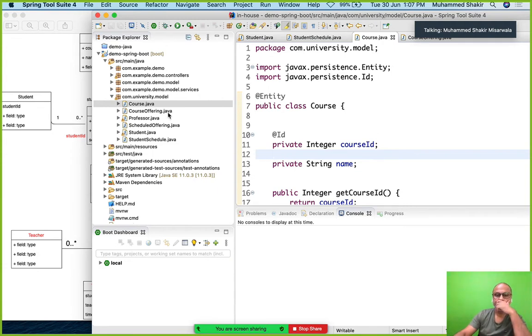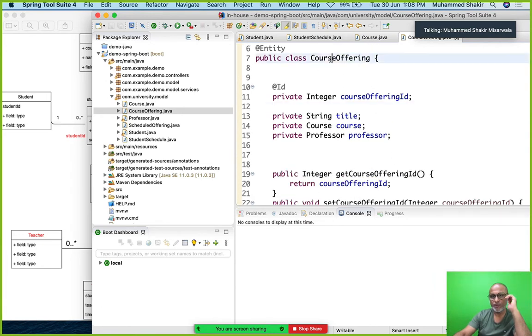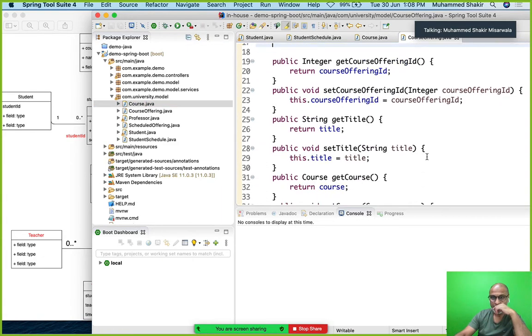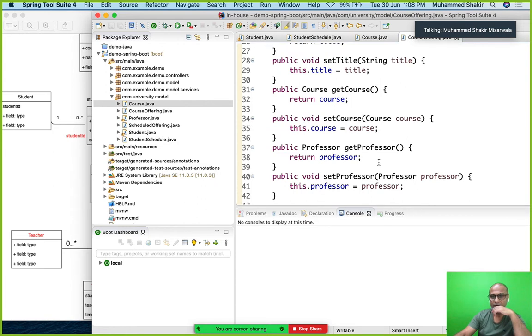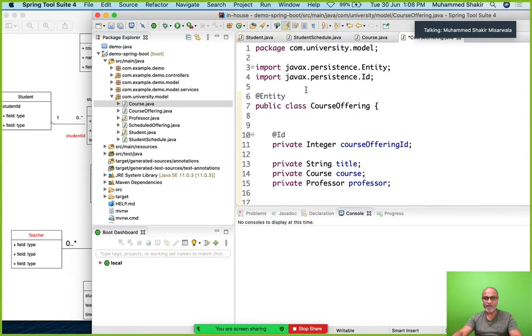But the point here is now JPA is very smart and very, very powerful. It allows you to establish the relationship between course offering and course right here. When you have the set course and get course, especially the get course part, you can establish a relationship in such a way that whenever you retrieve course offering, I repeat, whenever you retrieve course offering, it will automatically read the corresponding table in the database